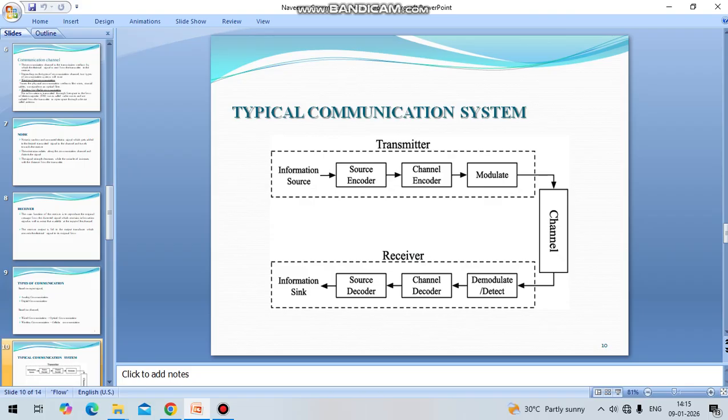Examples of source encoders are Huffman coding. These are some of the examples for source encoding schemes. Next is the channel encoder. The role of the channel